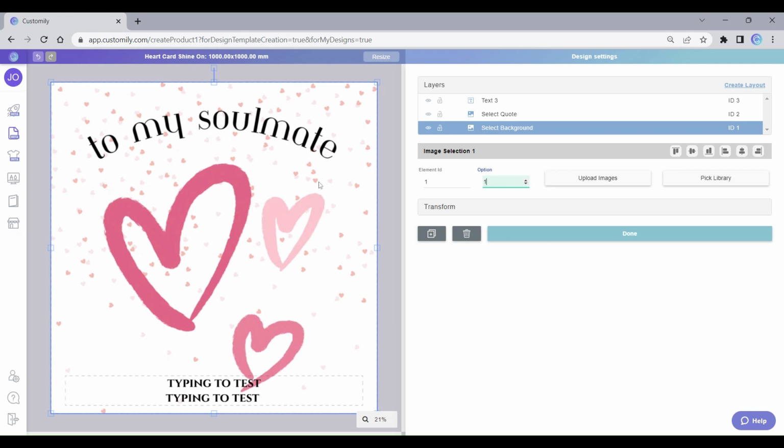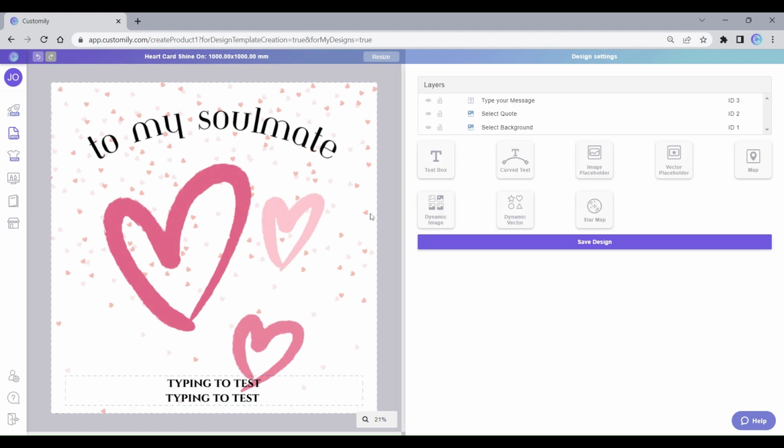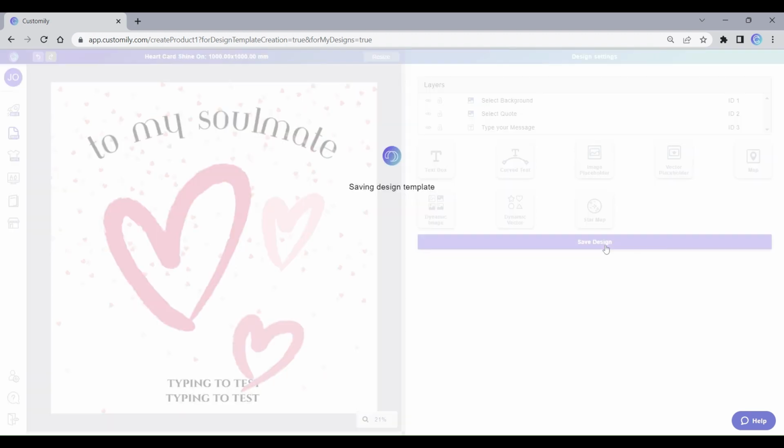So now that we have this all set to go, let's change this to type your message, like that. We have the chapter selected, we have the size selected, the color will be the same, and this design is ready to go. We will be able to change our backgrounds, to change our quotes, and to type our own messages. So let's rearrange this: first the background, second the quote, and then the message. Click Save Design, and we can jump straight to